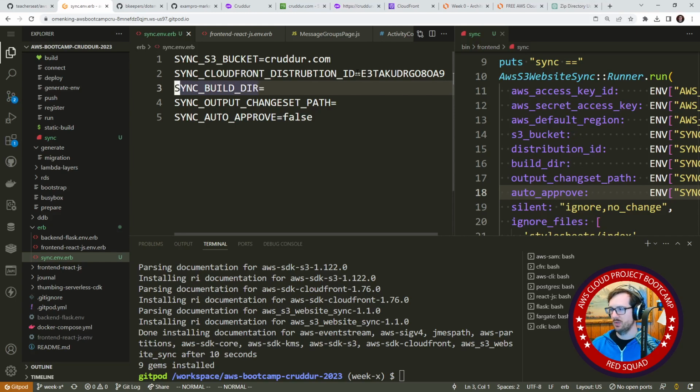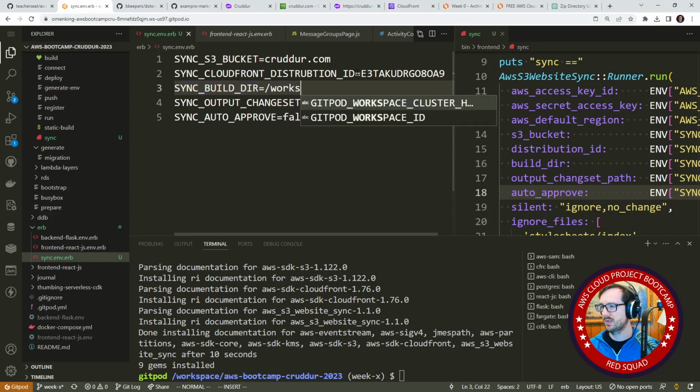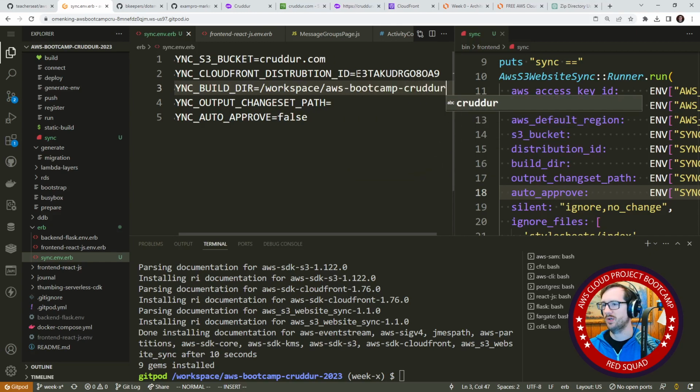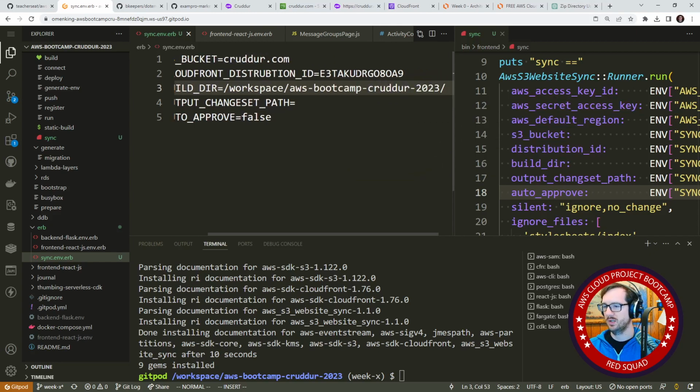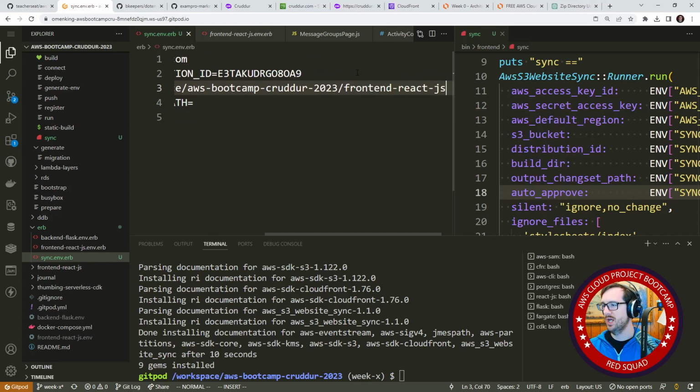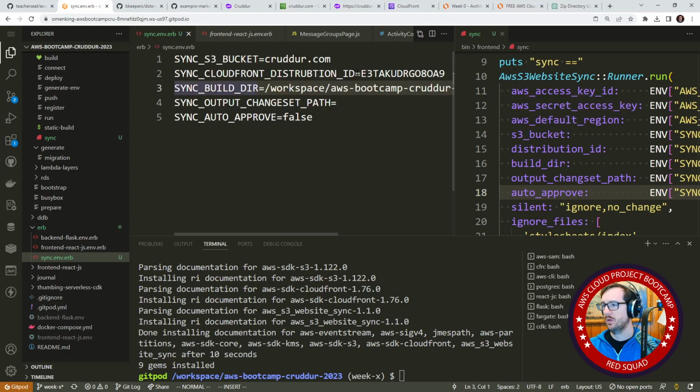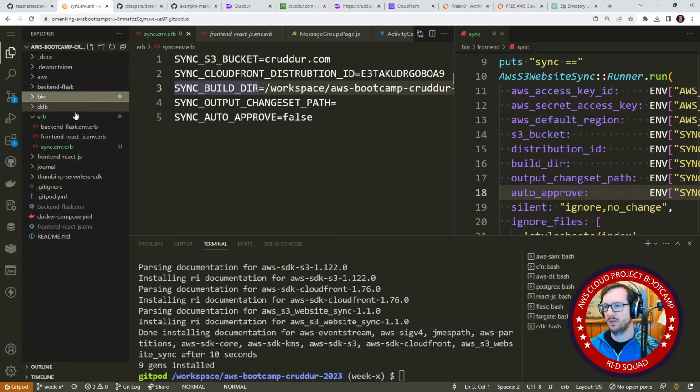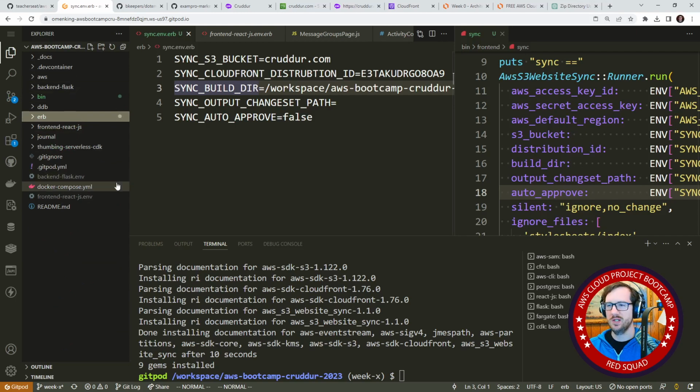The build directory is going to be workspace, AWS Bootcamp, CRUD 2023, front-end, React.js /build. Oh, but this is the build directory that we're trying to copy. That's right. So the build directory is what we are building out. Then we need to output our changes here. I think we made a temp directory last week. Did we not? I thought we made a temp directory. Maybe we